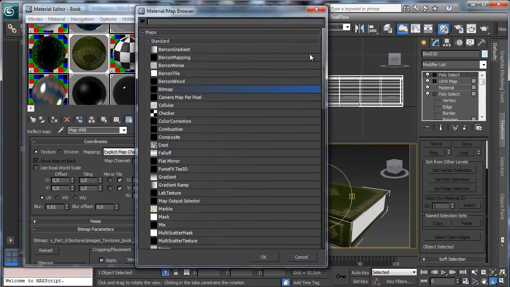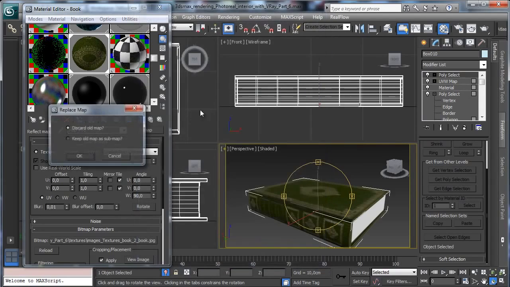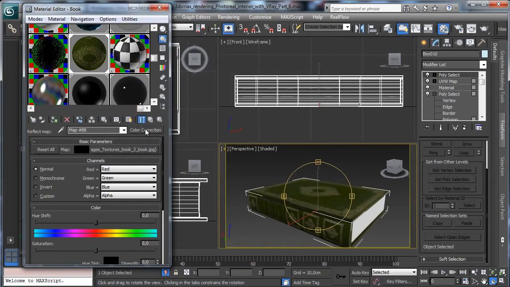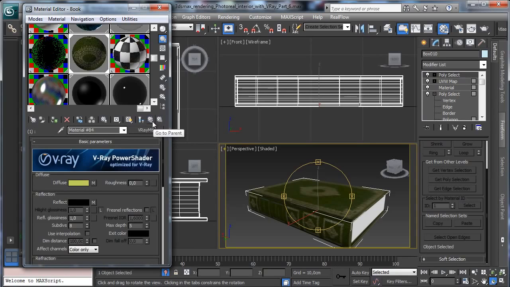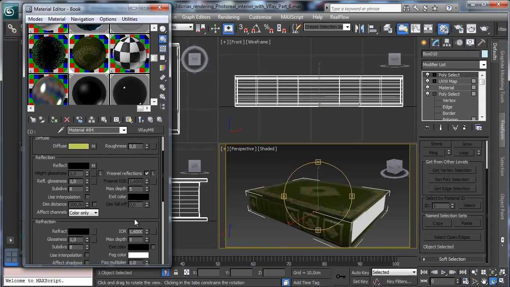And there we need the color correction, keep all map. We need to saturate everything, and I think we can stay with something like that. So maybe, okay, something like that. Nice. So that's the reflection. We say that we have Fresnel reflection, but we are talking about metals, so let's go for 4. And then we have also there a map,